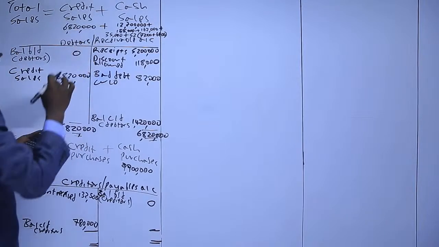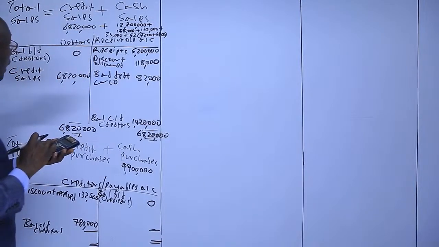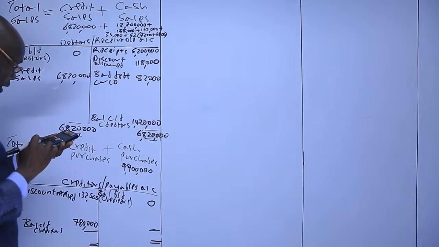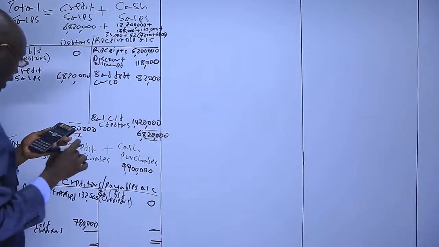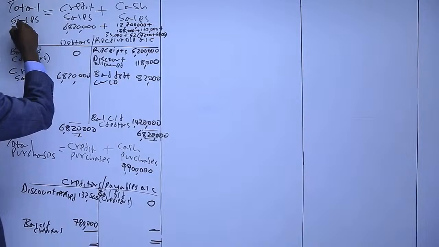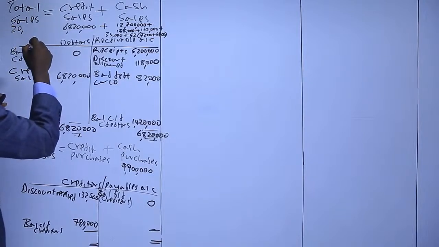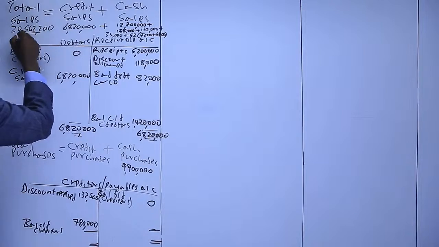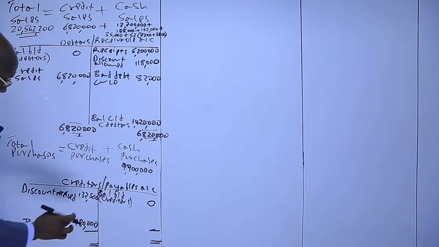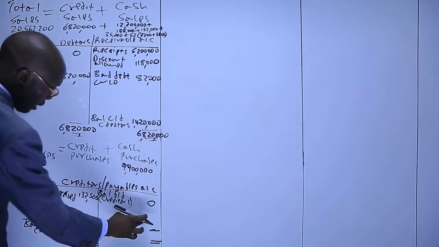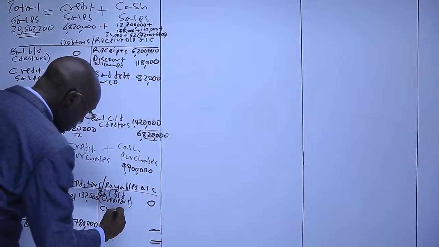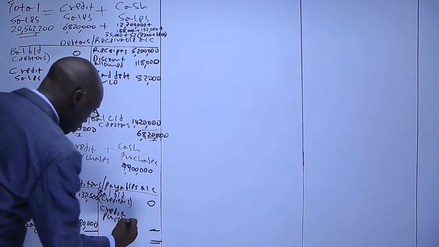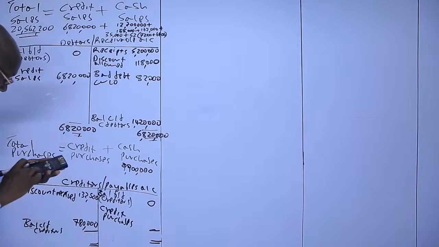Then now we add this one plus 6,820,000, giving us 20,562,200. That is the total. We come here, we add this plus this. This is 0, so that will be the credit purchases. So this plus this,